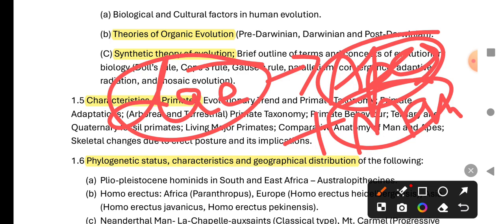And Pongidae has three genera: chimp, gorilla, and orangutan. Orangutan means man of the forest, okay. You will need to learn this. And Hominidae includes Homo sapiens, Homo neanderthalensis and Australopithecus. We will study about these fossils, and you should learn this. And these, chimp, gorilla, and orangutan,